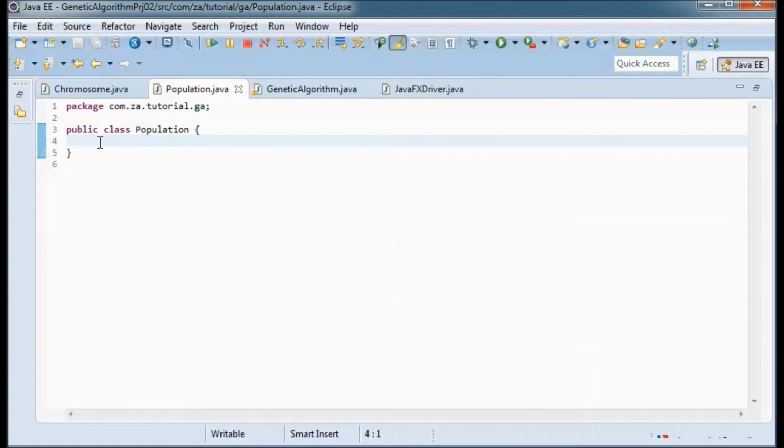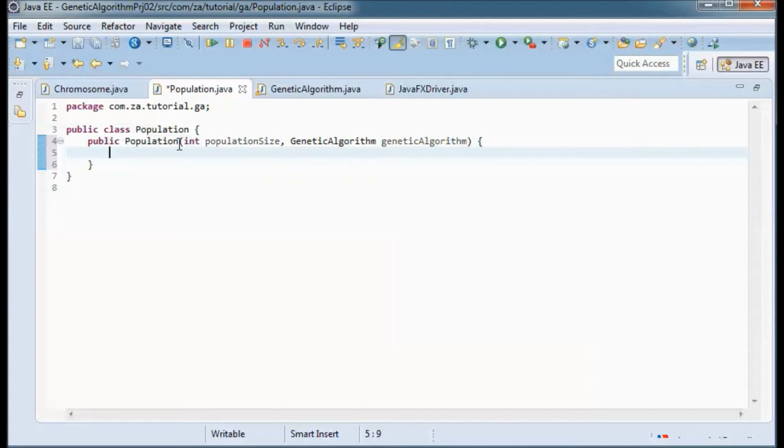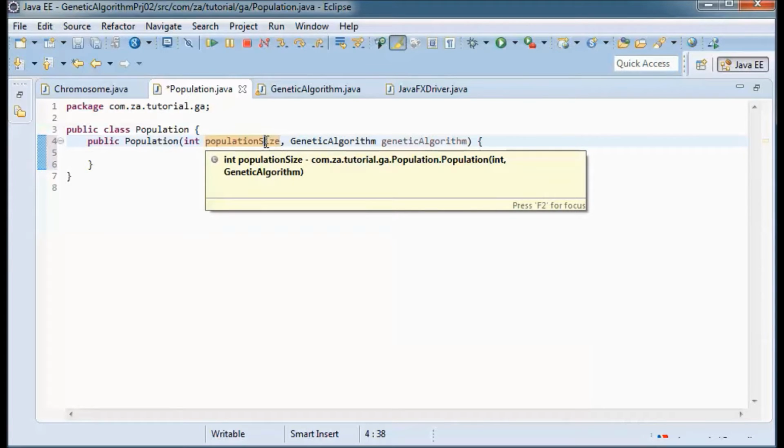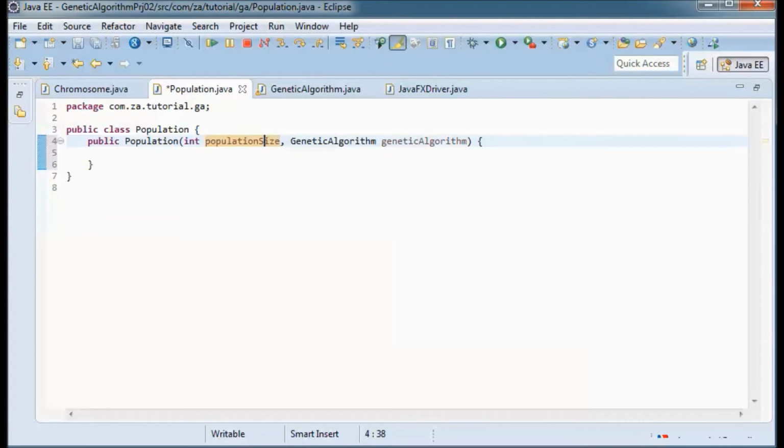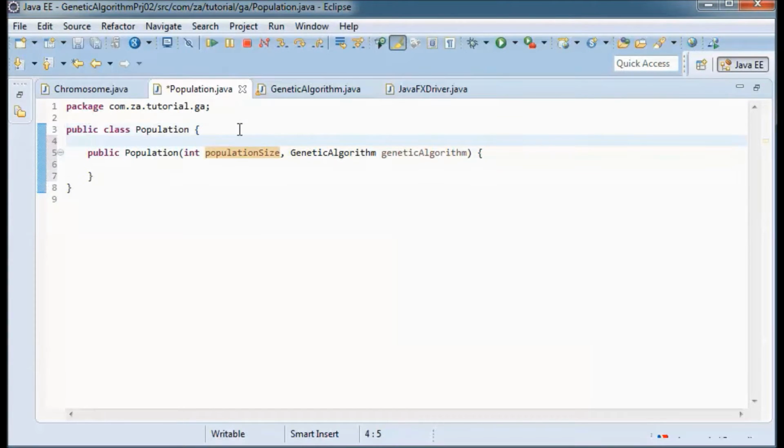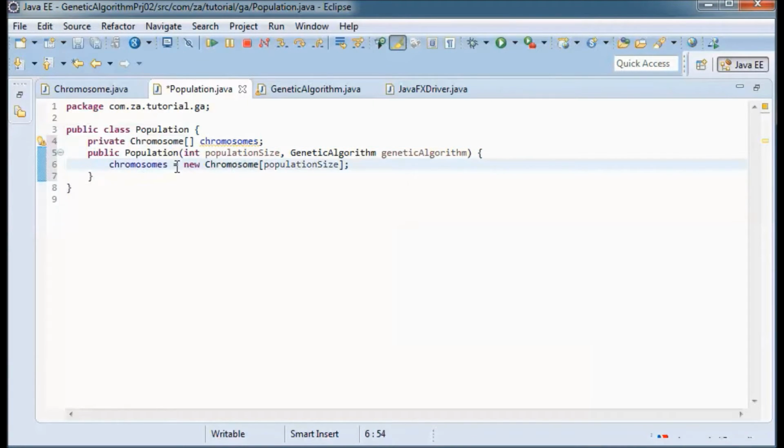Here we will have a constructor with the population size coming from the JavaFX UI, and this chromosome population will have an array of chromosomes which will be instantiated in the constructor, and its size is the population size.